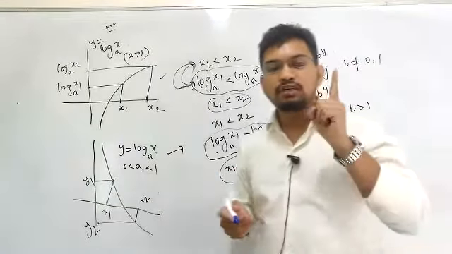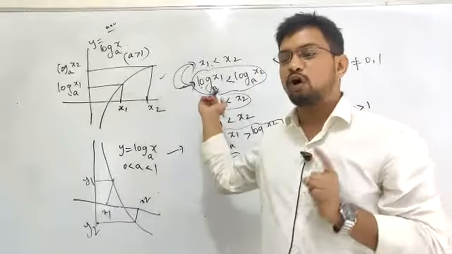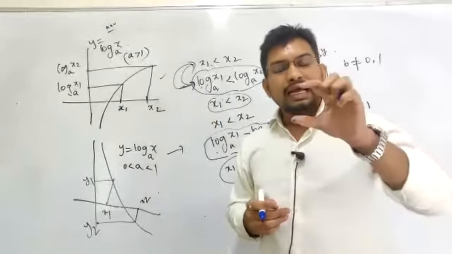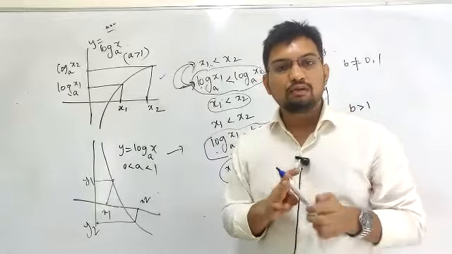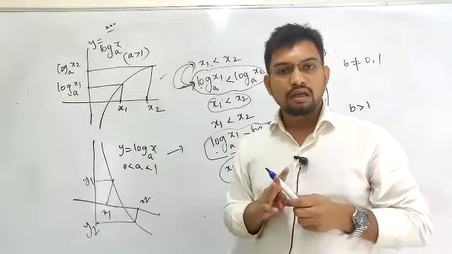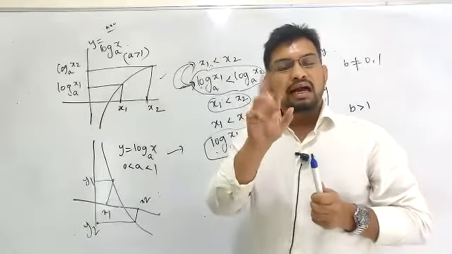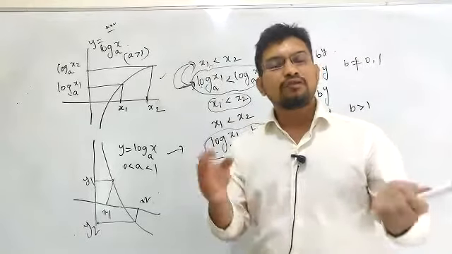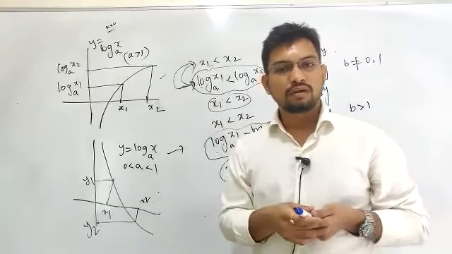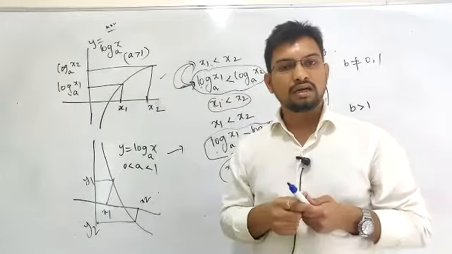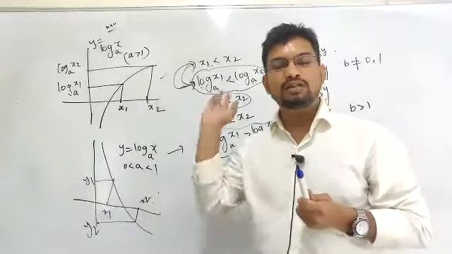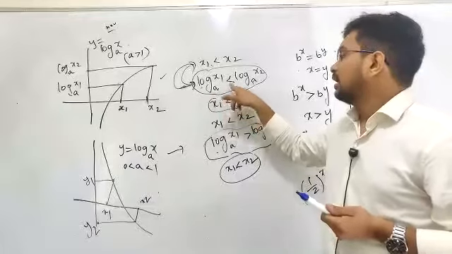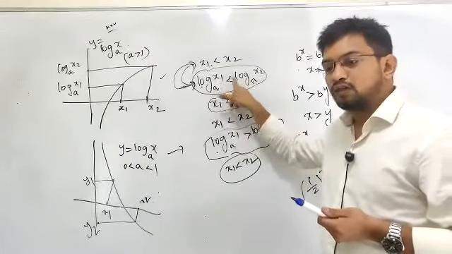So this is what you have to remember. This is the proof, which I am showing with the help of the graph. The part you have to remember is this. Whenever they give you some inequality, in case you are converting logarithmic form to exponential form, I'll show you some examples here. In case you are converting the logarithmic form to exponential form, if the base is greater than 1, the inequality remains the same.